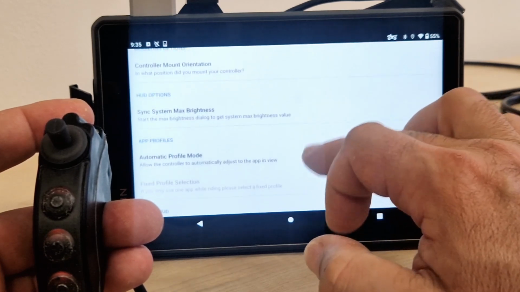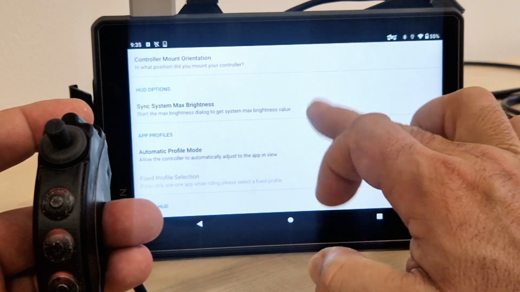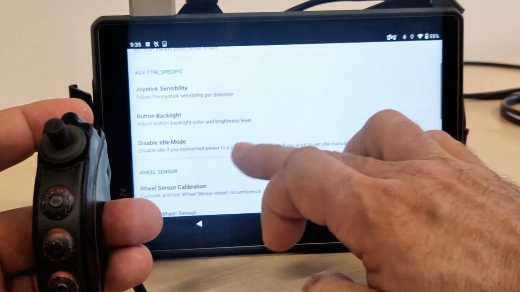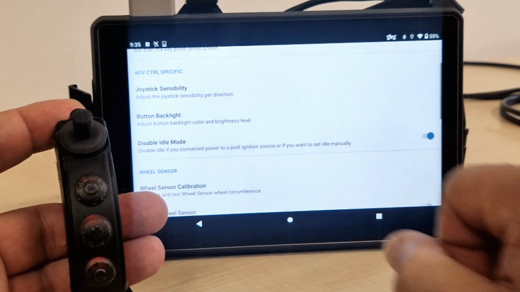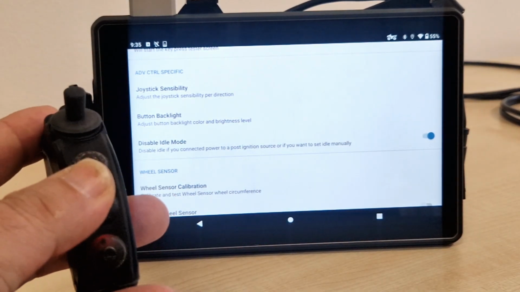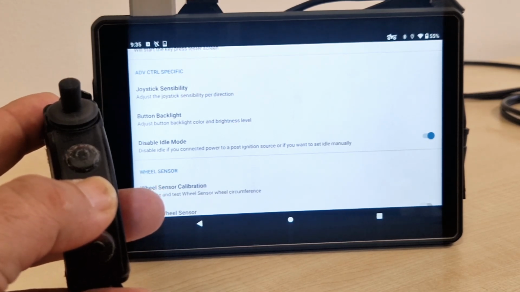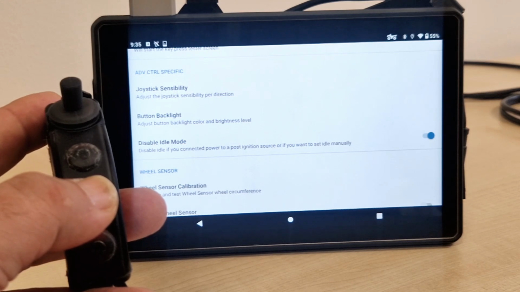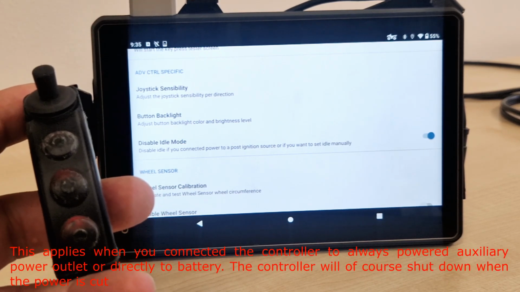Then you might want to switch off the power saving feature, which is right here. Disable idle mode. When you disable idle mode, the controller will stay on regardless of the voltage level in your motorcycle power system. At the same time, it means it's not going to be switching off really.